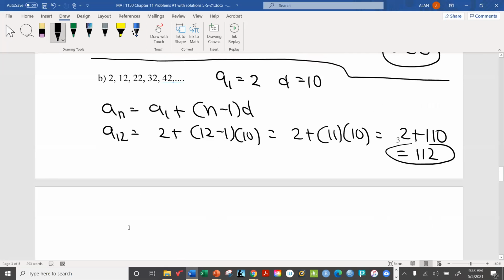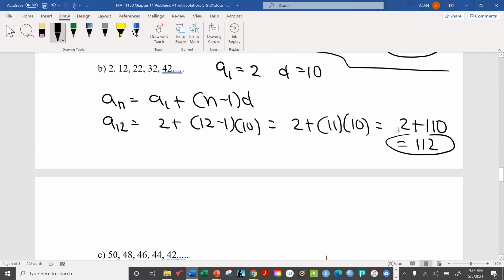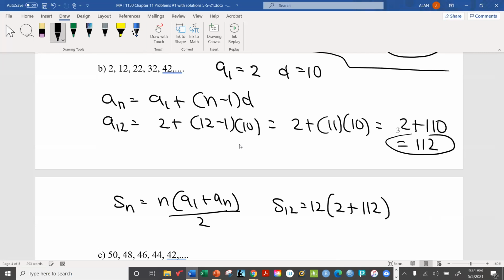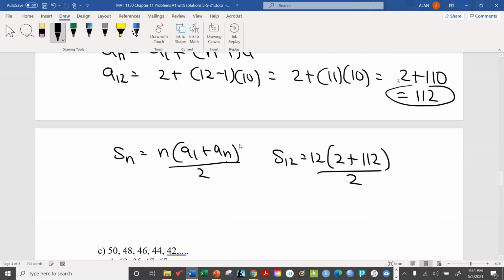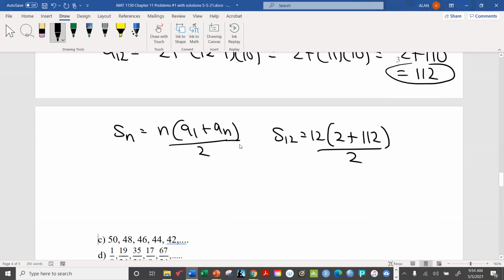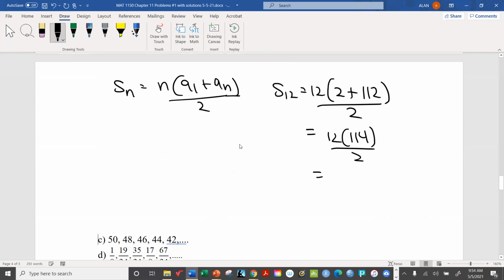And then we can use that information to calculate the sum of the first 12. Okay, so that's 12 times 114 over 2, which is the same as